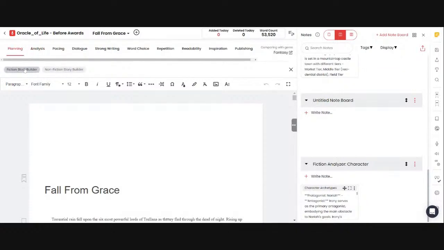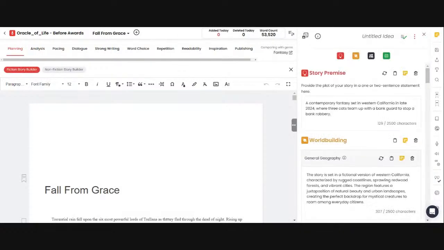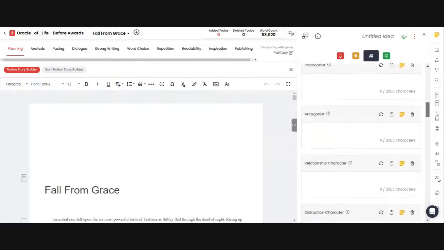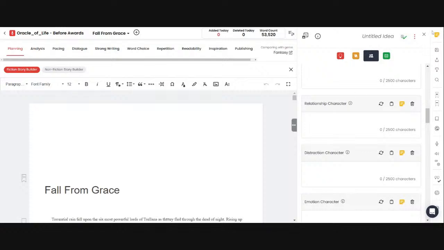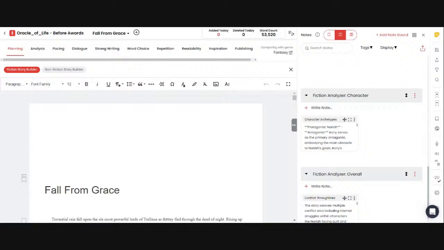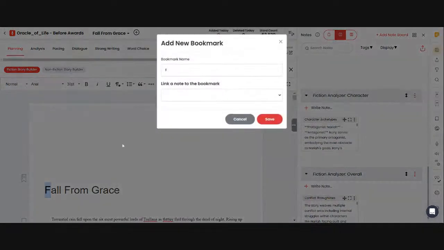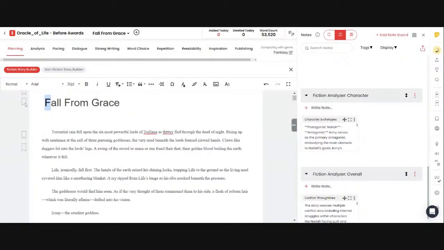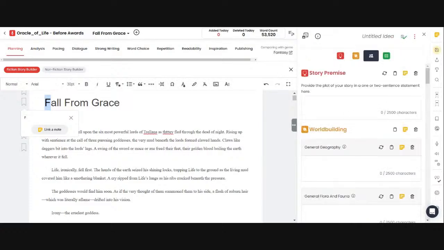Then I can go over to my fiction story builder, and you can also export that out to docx. I can go down to characters, and I can copy and paste from my notes into there. So to make it easier, I'm actually going to just plug that note right here as a bookmark. So I'm going to link this to characters. There's my full list. I'm going to save it. And now when I pull this up and I'm over on my builder right here,